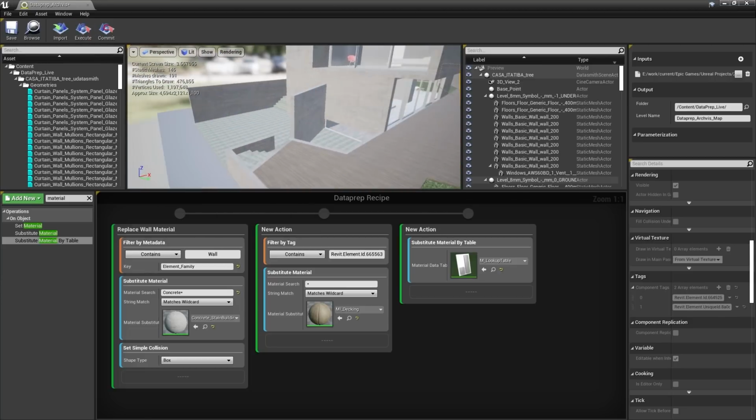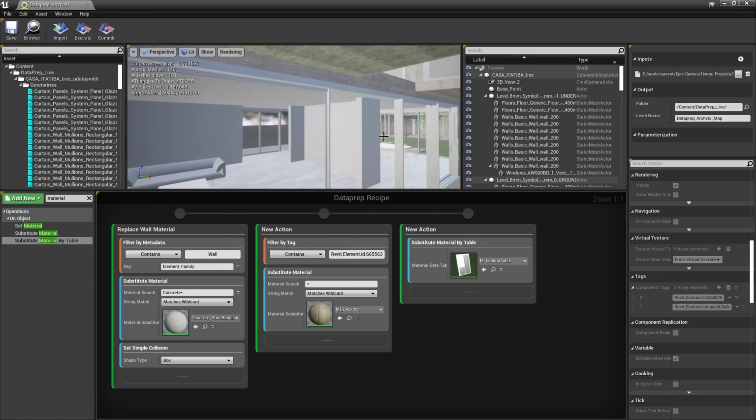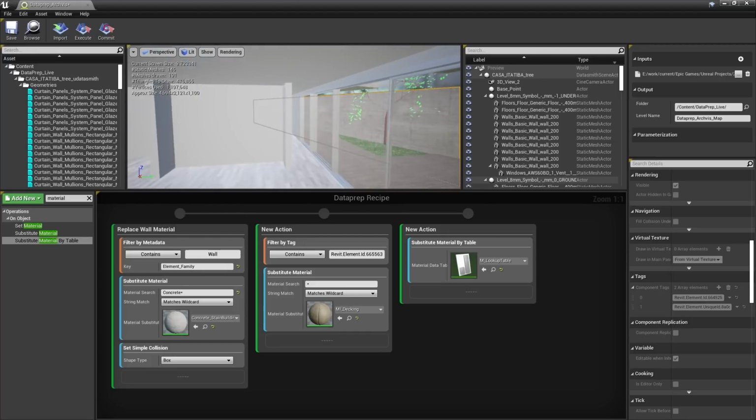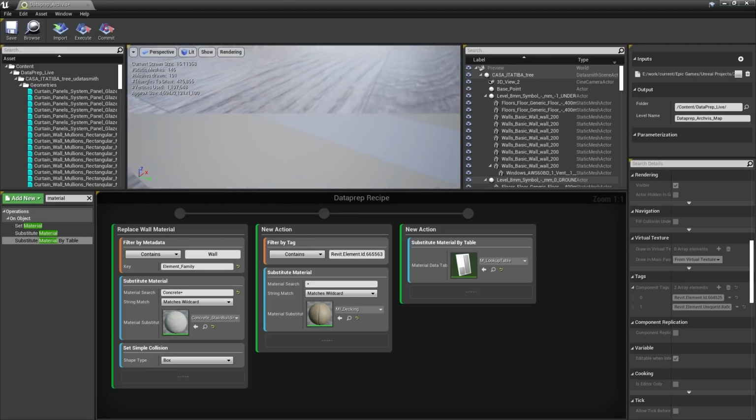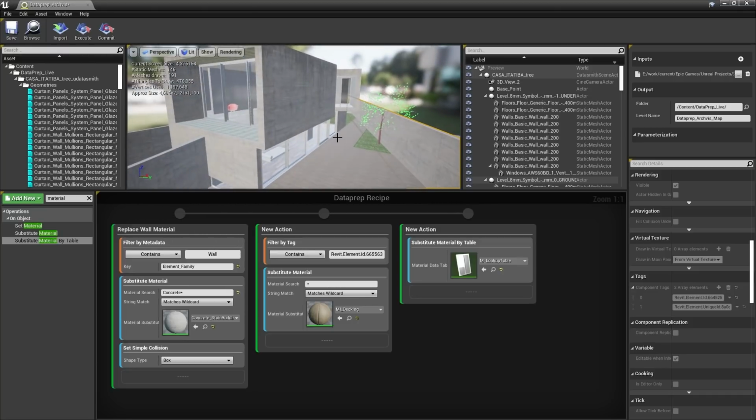All right, so now that we've executed the operations, we can see that all these materials have been replaced. The glass material as well as the metal material here around the glass and the wood floor. All that was replaced using our lookup table. So you can see the power of using a lookup table. Obviously, you can replace a lot of materials in one go, and you don't have to go through and do each one manually like this.